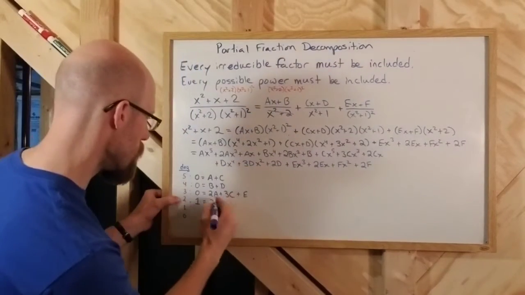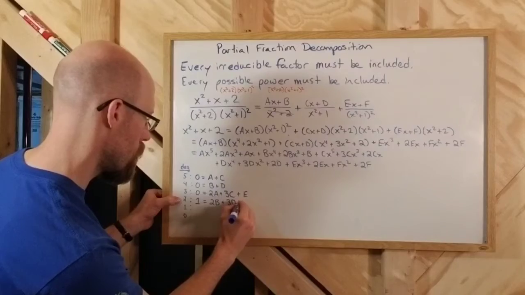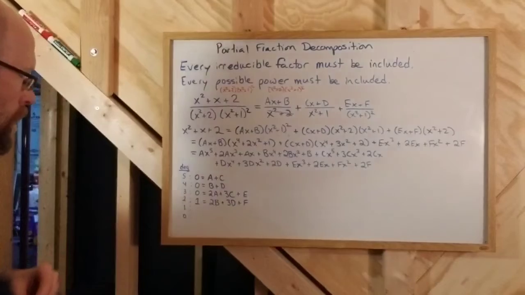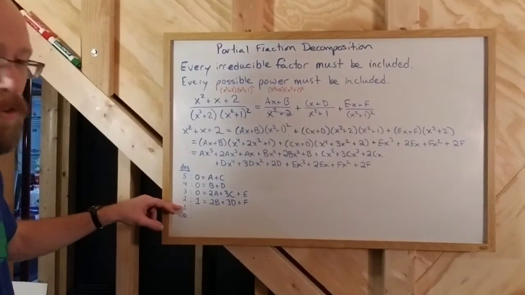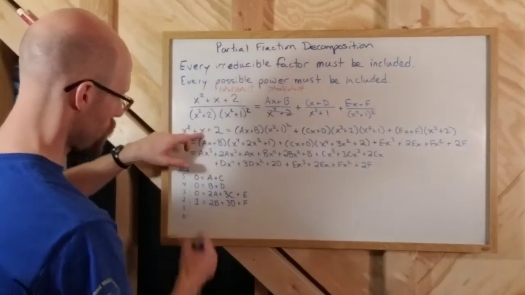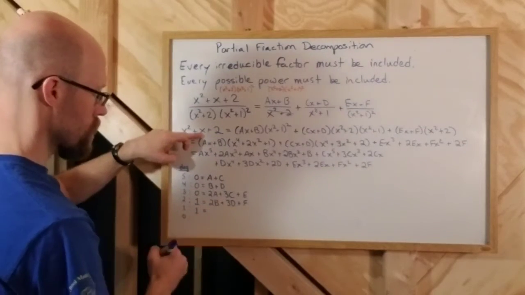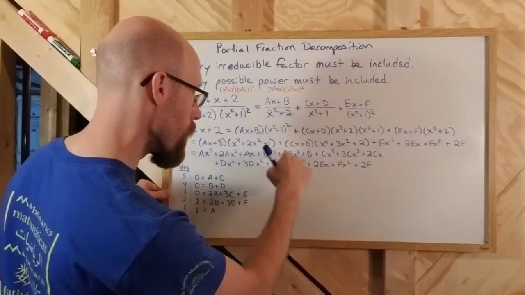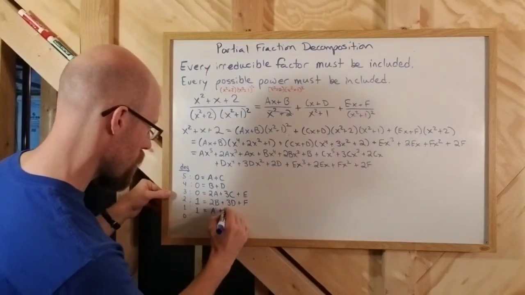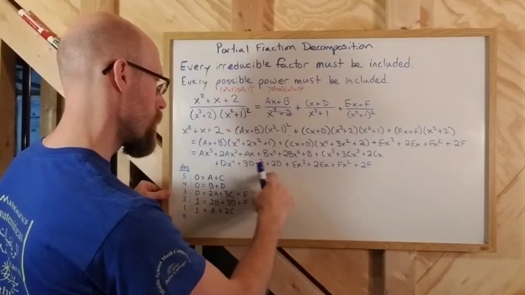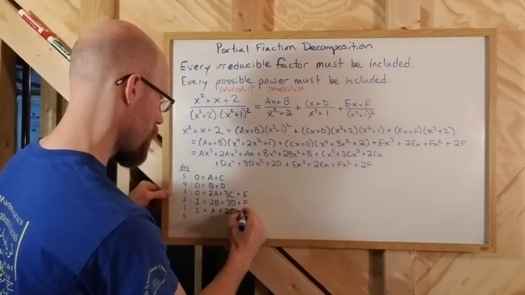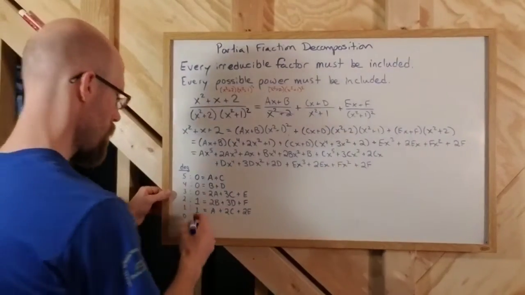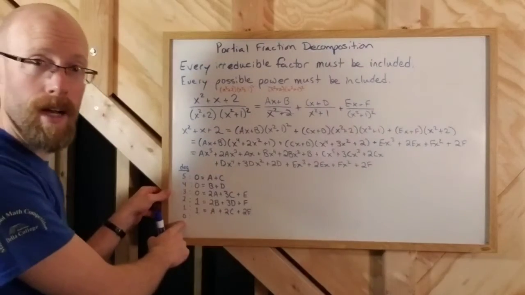I have a 3d. And I have an f. Okay. And then my first degree terms, well, there's a 1 up here, 1x, right? Coefficient is 1. And down here I have an a. I have a 2c. And I have a 2e. Yep, that works. And then for my 0 degree terms, or my constants, I have a 2